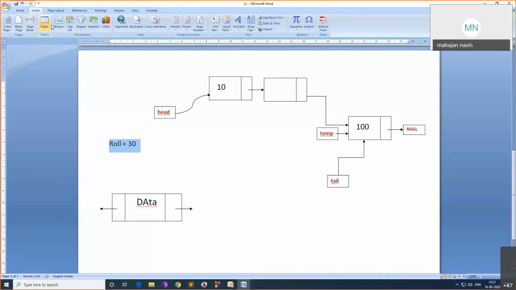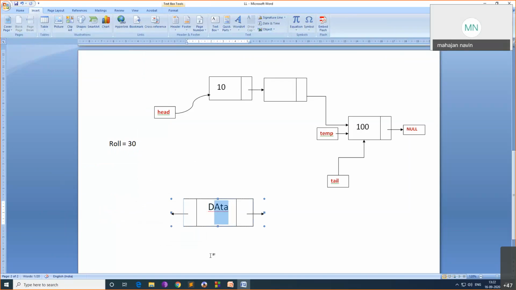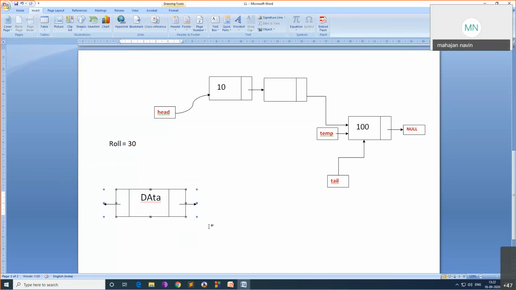Insert, insert pictures. No. Okay, one box, one arrow, two arrow, three lines, and the fourth line. Okay, now I'll group them. Group. Okay, now I can move this one like this. All are different shapes, but I can move it. Otherwise, it is very difficult to draw this thing in Word.